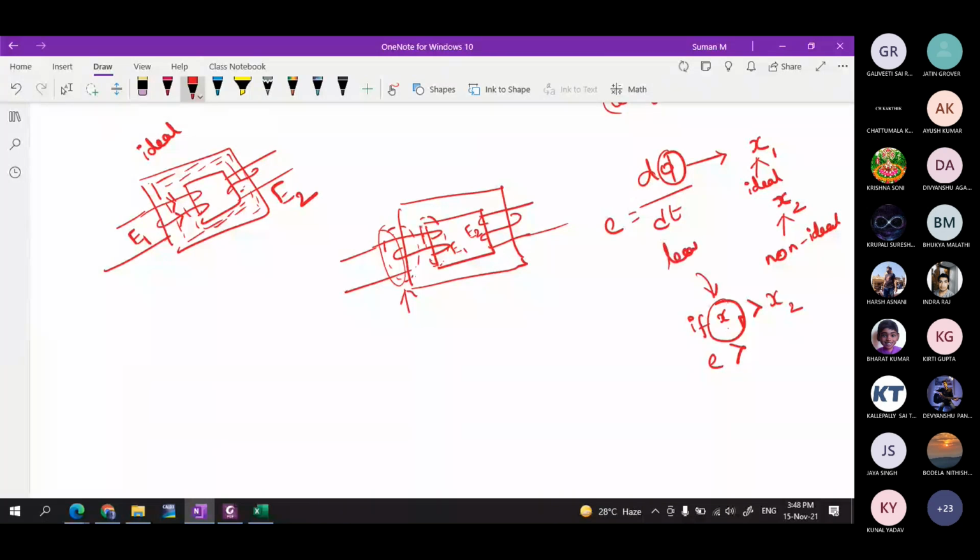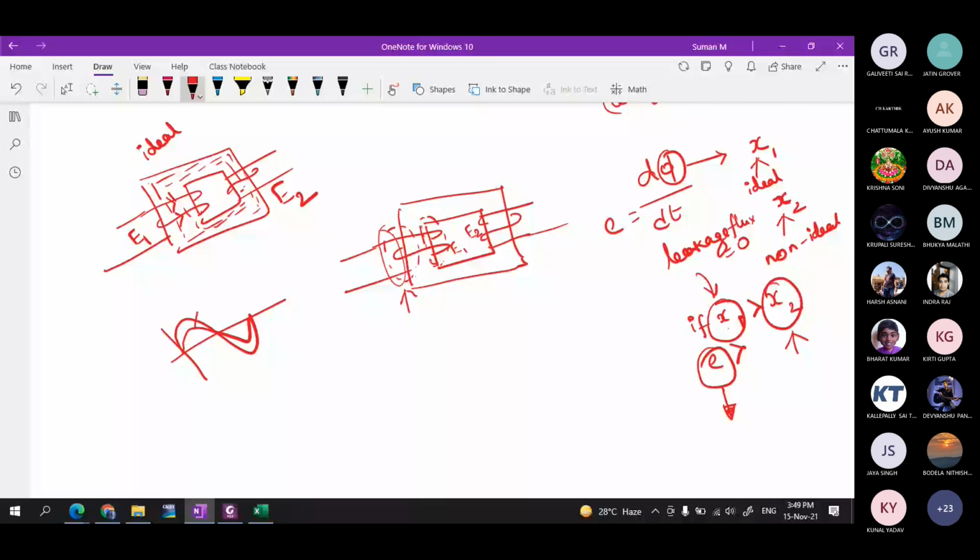Here leakage flux is equal to 0, whereas here you are having leakage flux. Because of this leakage flux, the EMF induced on both the sides will be reduced. So this is another way of saying voltage drop. Voltage drop is going to reflect in the power loss also. We will discuss that, but before that, this flux we are talking about will be in phase with the current. Whenever the current is increasing, this leakage flux will be increasing with the current, and it will be decreasing with the current.